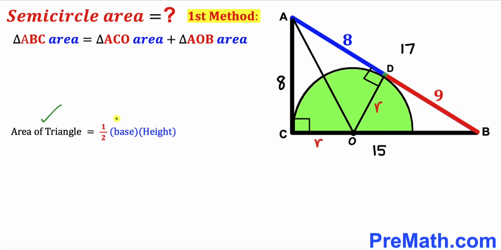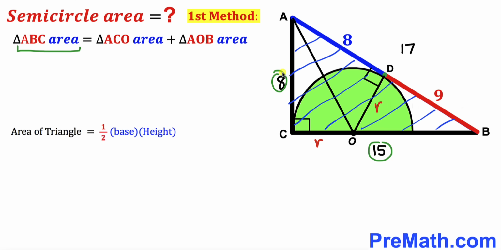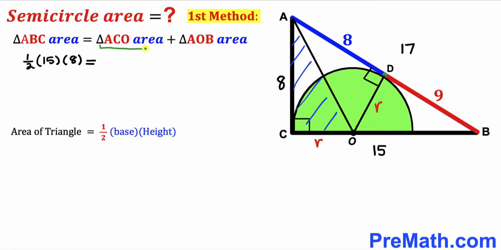Area is always equal to half times base times the height of the triangle. And now let's focus on this triangle ABC. Its base is 15 and the height is 8. So therefore triangle ABC area is going to be a half times 15 times 8, which is going to be equal to the area of this triangle ACO. We have the base lowercase r and the height is 8. So therefore we could write a half times lowercase r times 8 plus